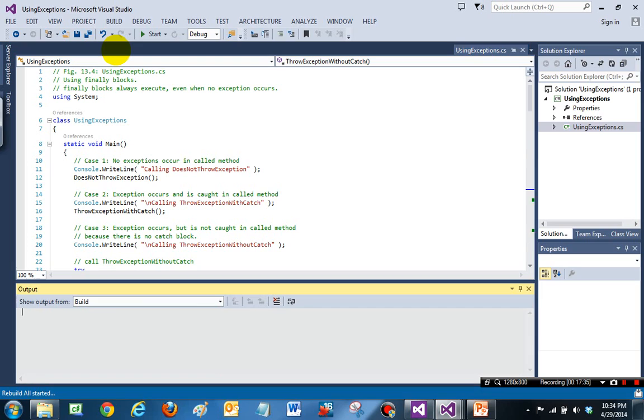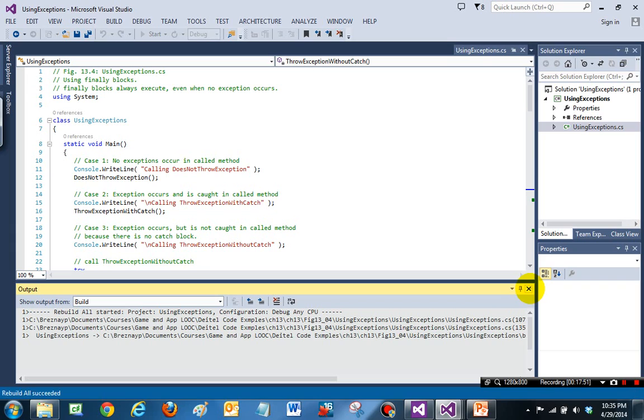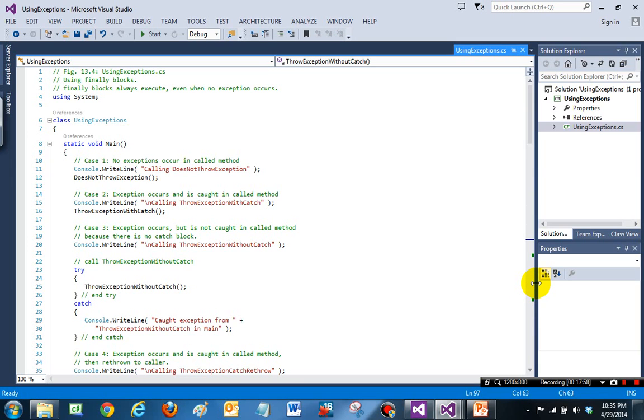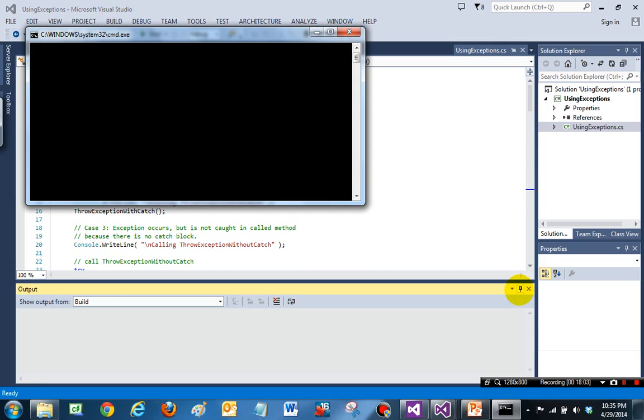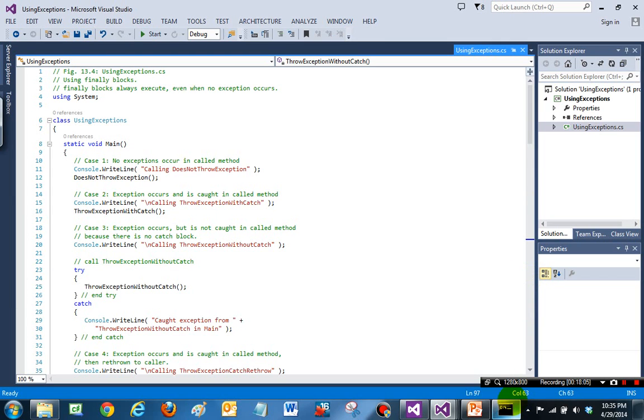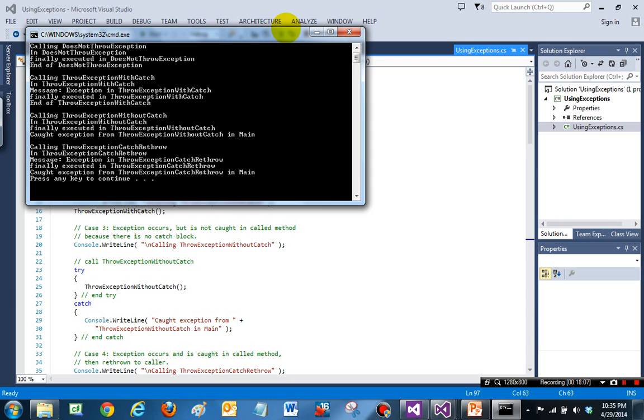we can see it work as expected. In other words, we catch all exceptions and handle them, some of them within the method locally, some of them in the calling method. We got some warnings, but it should work fine. So here is the output